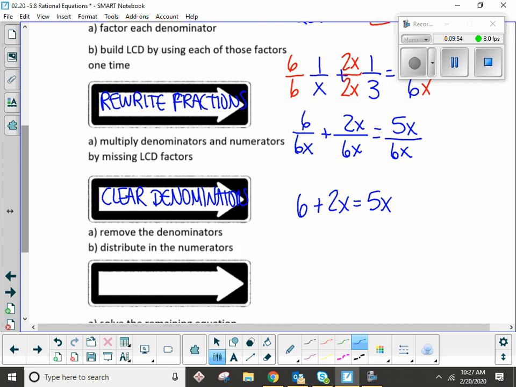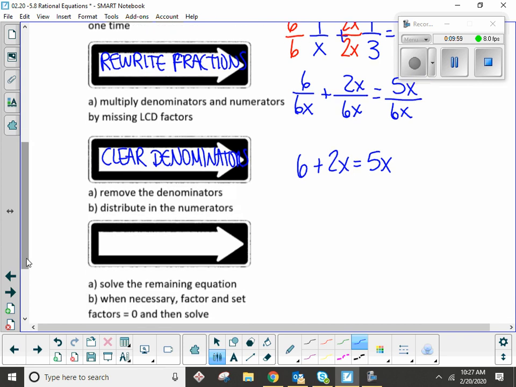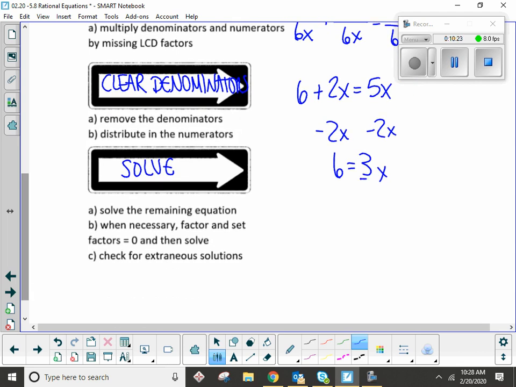And then from here we just solve. So this is an easy solving. It's very straightforward. Sometimes we'll have to do more math after this, like factoring. We'll do that on the next problem. But for here, this is pretty easy. What am I going to do? Subtract 2x. And then divide by 3. And x equals 2,